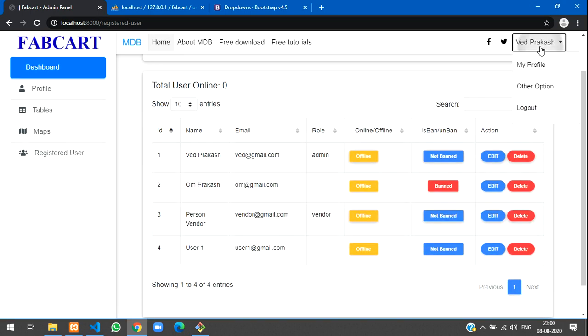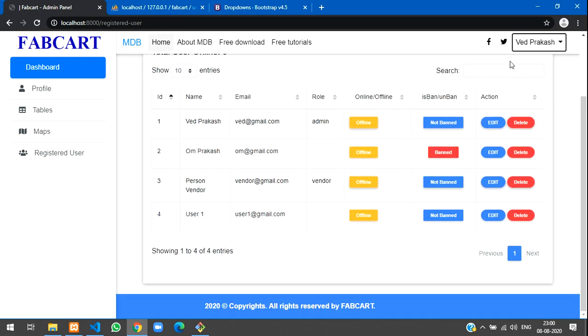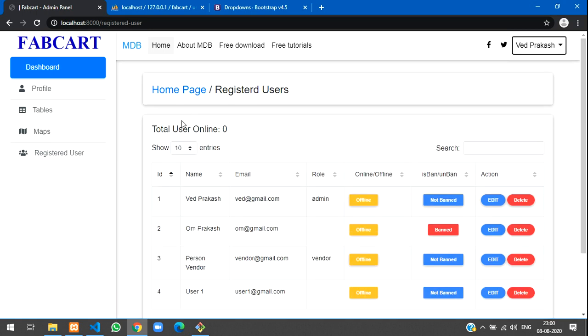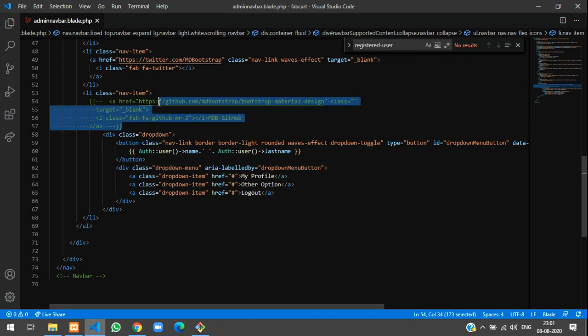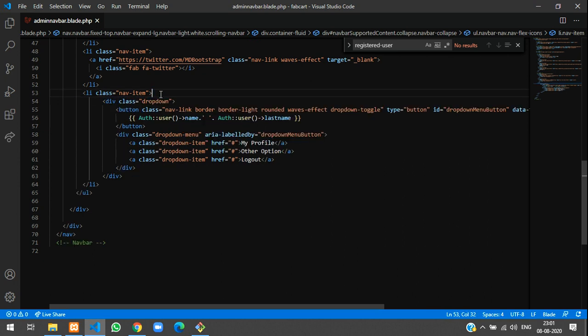Cool. You can see with Prakash here, profile, other options, and the logout button is shown now. For this we will start and complete it. When you install Laravel with the login system and everything, at that time you get a logout button in your home page. So we will copy that same thing. I'm going to remove this, which we have commented.